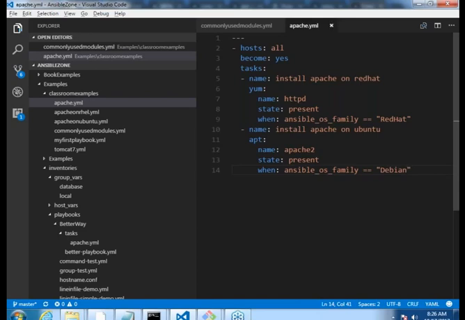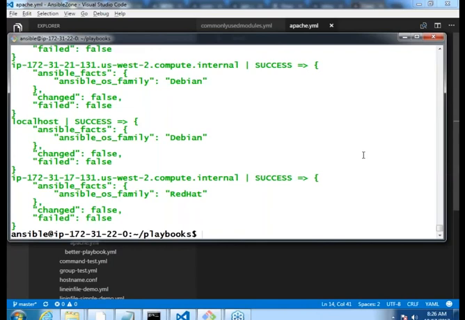now there is no need for me to write two different files for two different operating systems. So for whatever things that change, I would be writing this conditional around it, which I would call when. That's it. But in when you should know what the condition is. For that, the easier way is to go with the setup module, because most of the time we might need to take a decision based on the different facts which Ansible is collecting. And to understand what the different facts are, use ansible -m setup and give the group's name in your inventory file, and then you would come to know all of this.